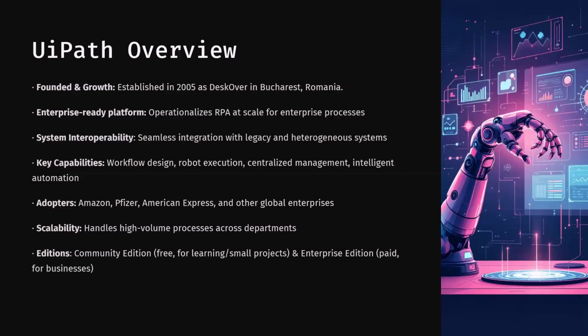UiPath can be used in two ways: the free community edition and the paid enterprise edition. The community edition is perfect for students, individuals, or small teams who want to learn RPA or build small or non-commercial projects. It can be downloaded for free from the UiPath website, and most of the features are available there. Whereas the enterprise edition is designed for businesses and commercial projects where multiple robots, full Orchestrator capabilities, and enterprise